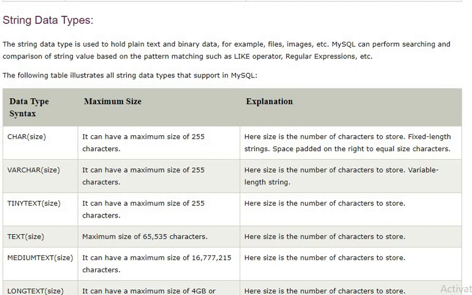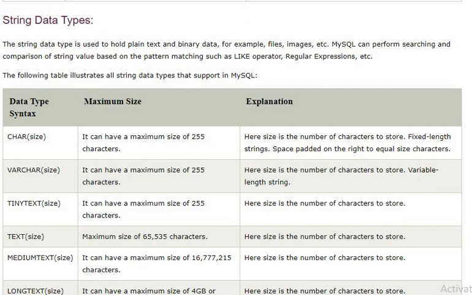VARCHAR, variable character, variable length strings. TINYTEXT can have a maximum size of 255 characters, and here the size is the number of characters to store.